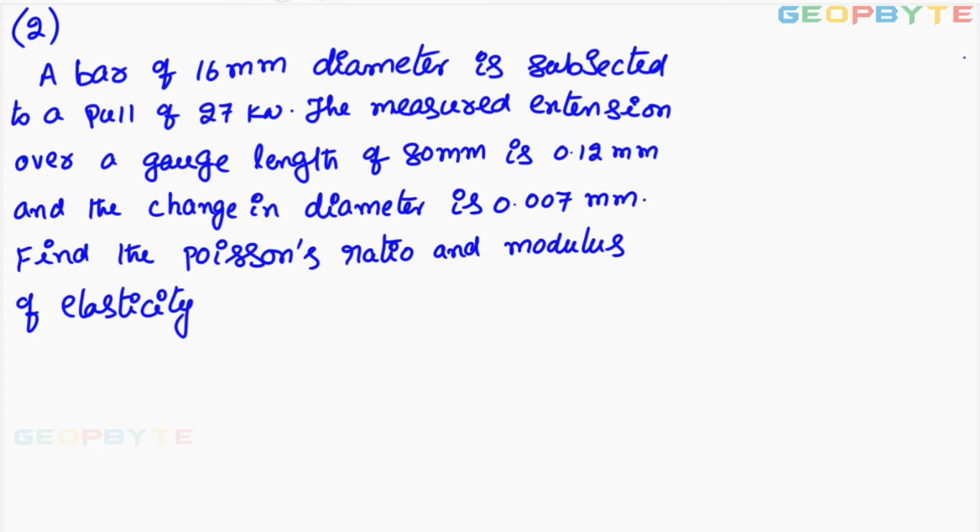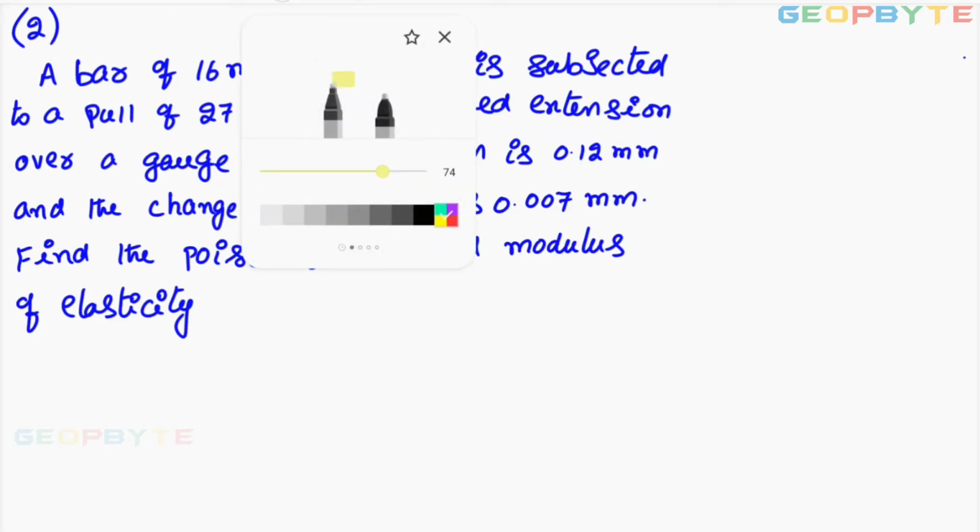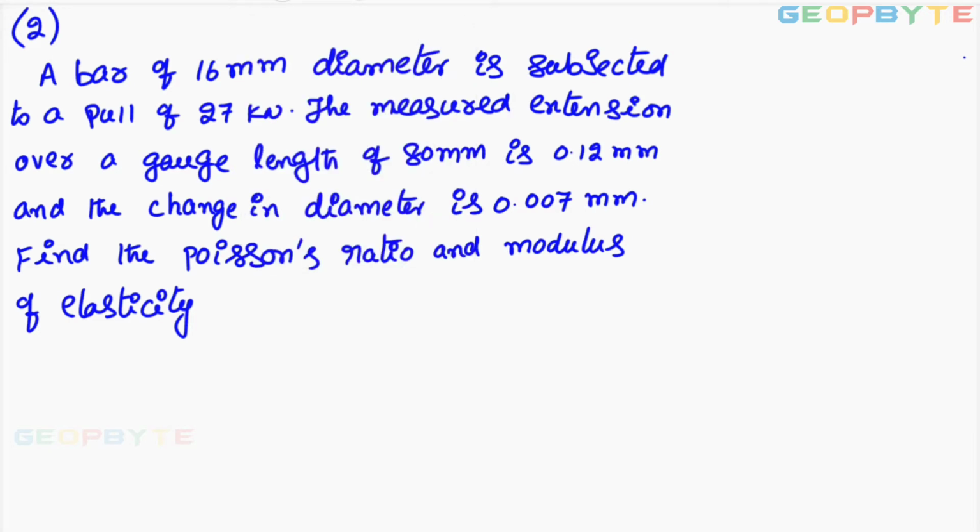Look at the next problem. A bar of 16 mm diameter is subjected to a pull of 27 kilonewtons. Pull means load. The measured extension over a gauge length of 80 mm, this is the original length, is 0.12 mm, and the change in diameter